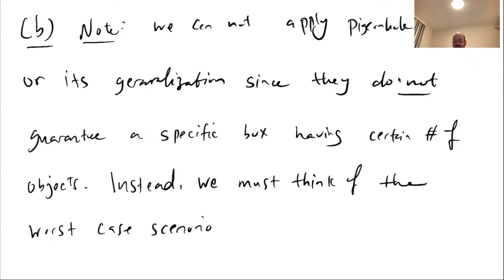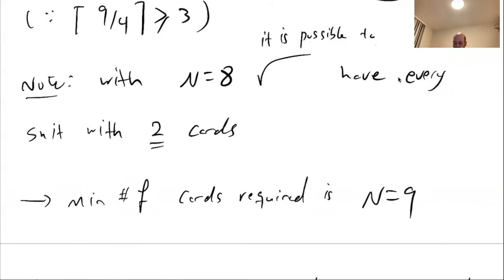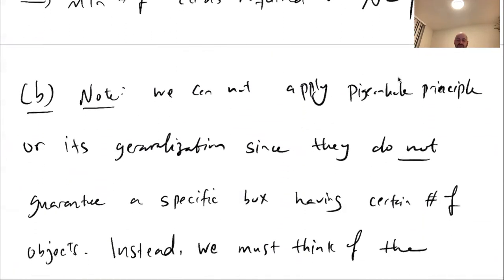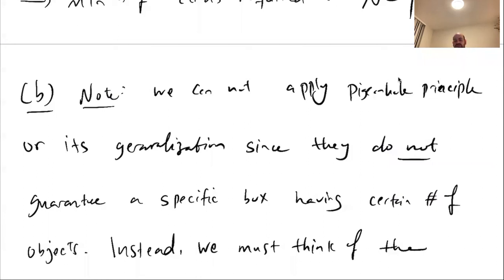Even if I have 24 cards, it's possible that 12 of them are clubs and 12 of them are spades. Even if I have 36 cards, it's possible that 12 are clubs, 12 are spades, 12 are diamonds, and still I have no hearts at all. But if I have 37 cards, then I have at least 1 heart, because in the worst case scenario I have already withdrawn all other cards. And the 37th card must be a heart. Similarly, with the 38th card I will have at least two hearts, because in the worst case scenario everything else is gone. And if I have 39 cards, I will have